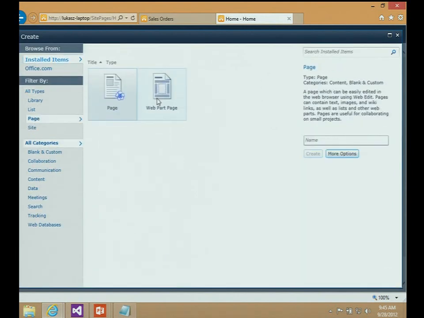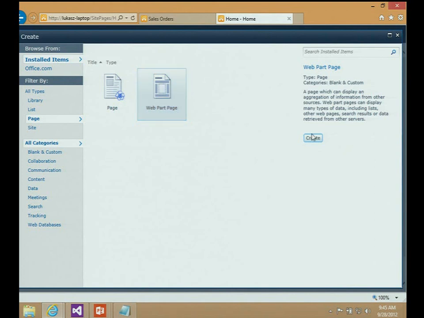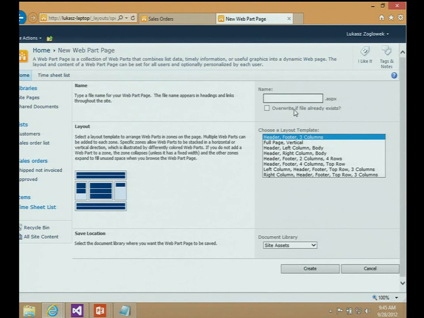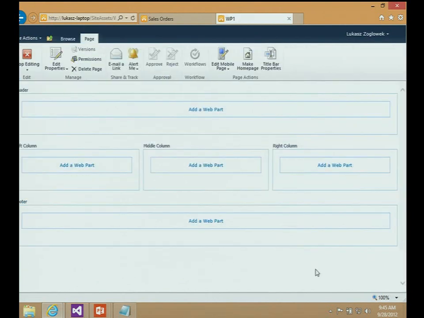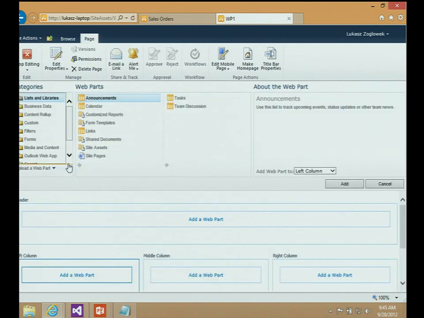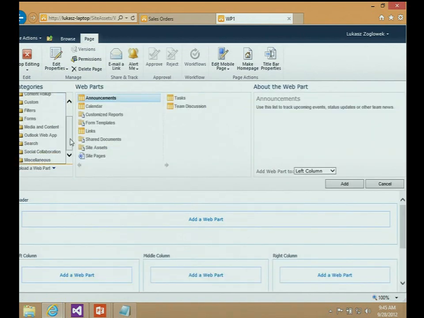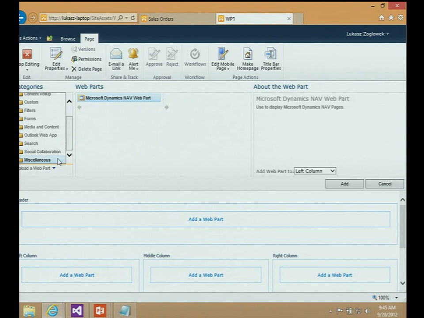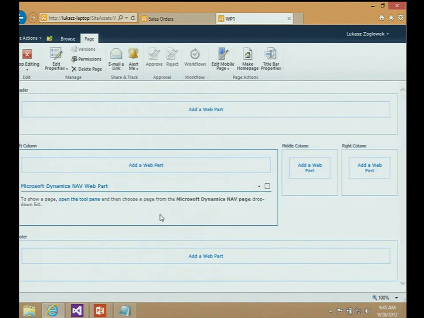I go to page, web part page. Just give it a name, web part page 1. And just add the web parts, and you can find our web parts in the last category. It's called Microsoft Dynamics NAV web part. Just add it to the page. And then you need to use the tool pane to